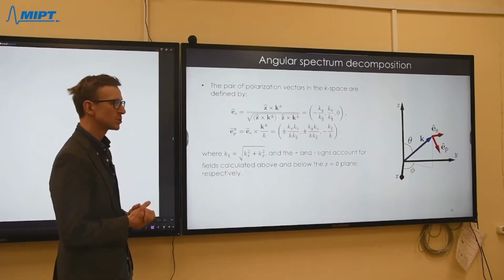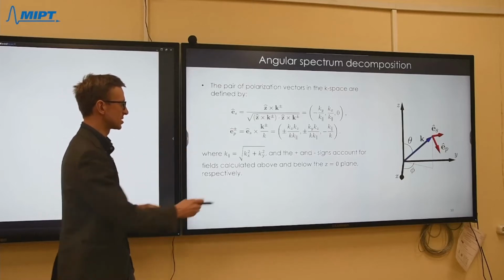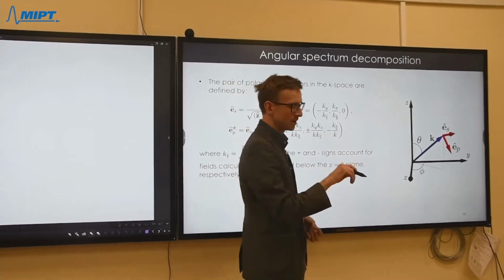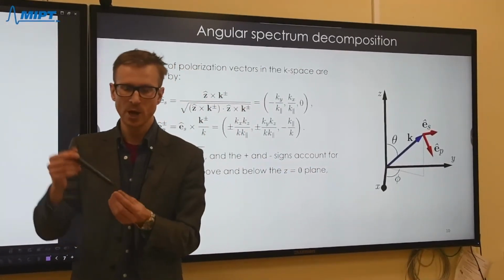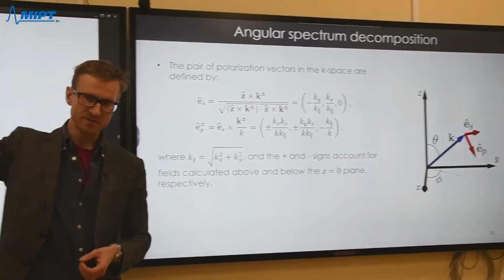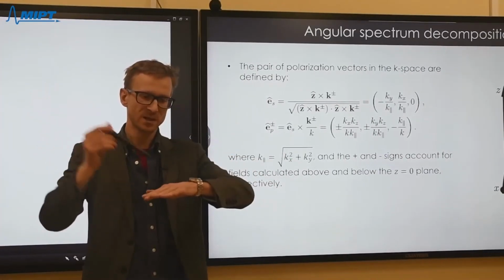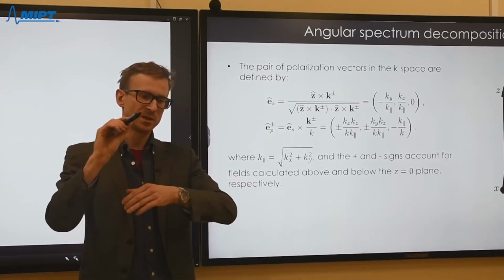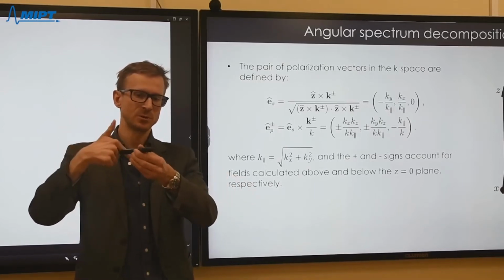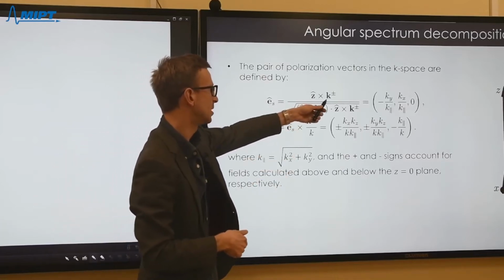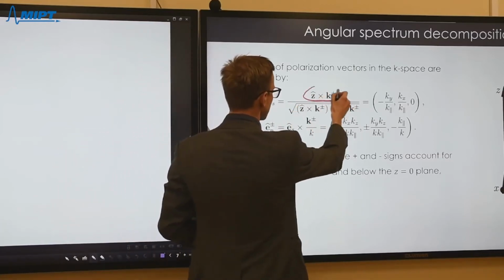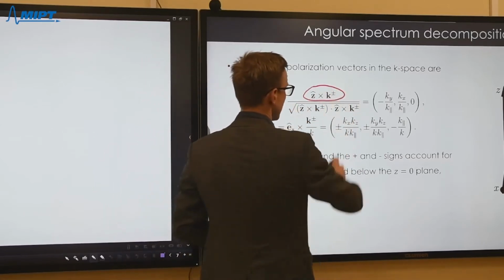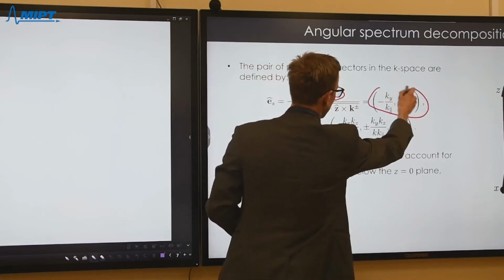So these are the formulas that introduce two polarizations. S polarization is perpendicular to the z-axis and to the wave vector. So if you have a wave incident on a flat interface like this, then S polarization is parallel to the interface and it is perpendicular to the z-axis and perpendicular to the wave vector. So this is how we determine e_S: the cross product of z and the wave vector, normalized by its magnitude, and we obtain the following